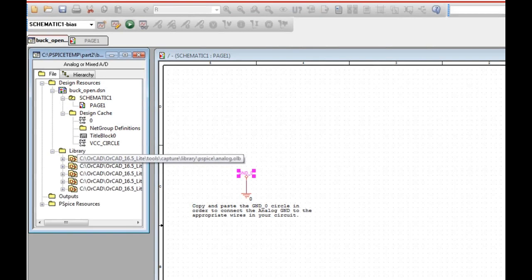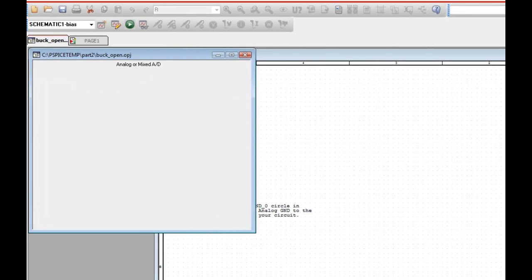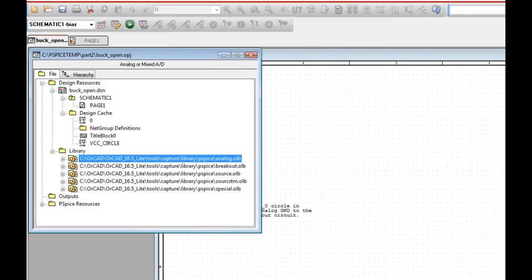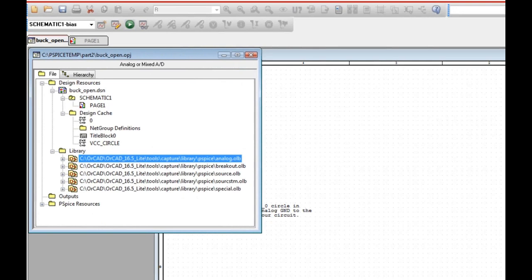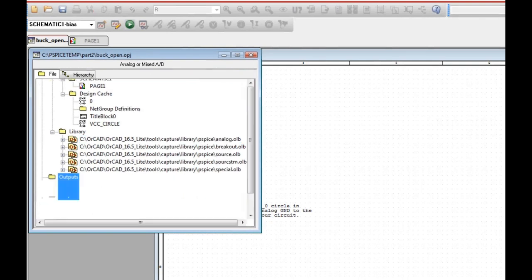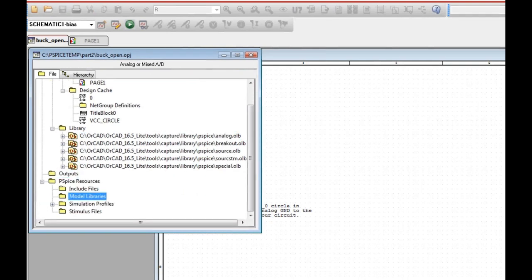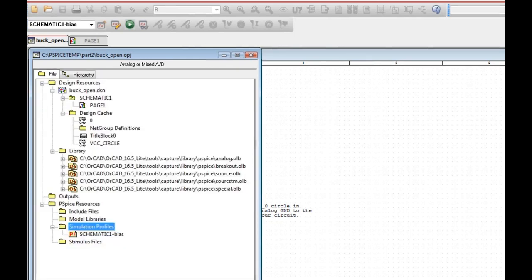In the libraries, it shows basically all the graphic libraries these parts come from: analog OLB, breakout OLB, source STM, and special. And it shows you what parts are there underneath it. There's nothing in outputs right now, you'll notice, and there is nothing in anything except for a simulation profile. So let's draw our schematic, and then we'll come back and look at what's here after we go through and